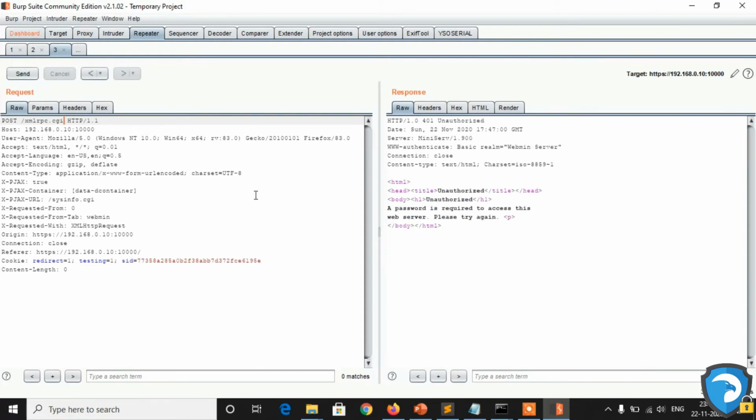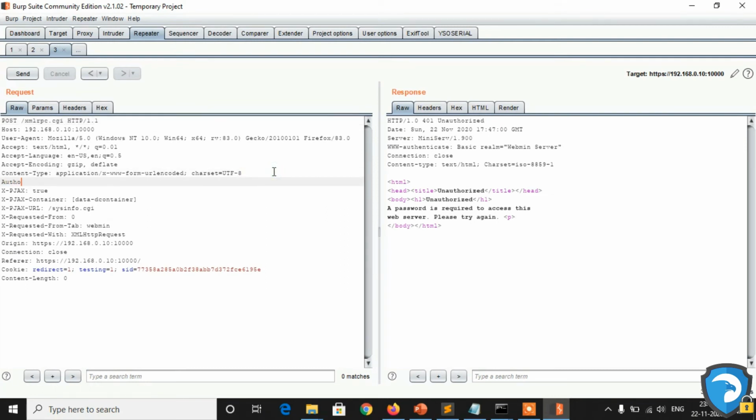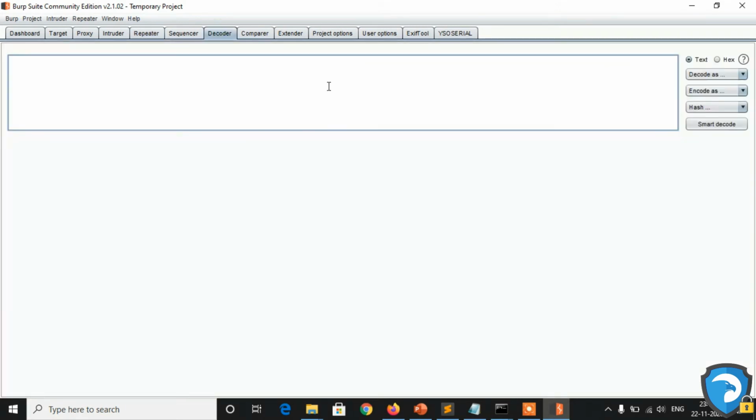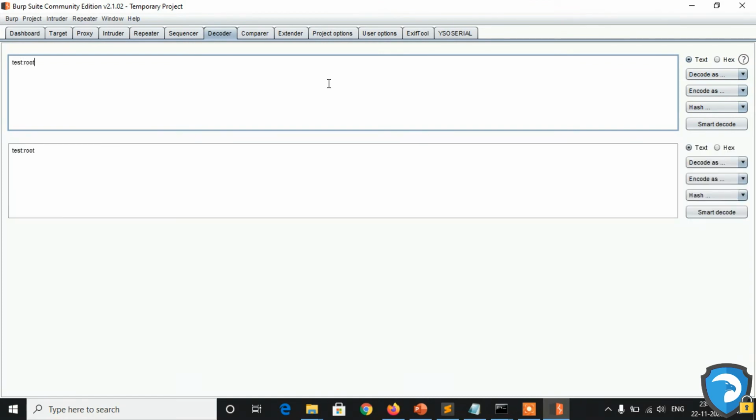So we got a 401 unauthorized response. Now let's add the authorization header. Authorization colon Basic, and give the username and password in base64 encoding. Here I am giving my username and password, converted to base64: username colon password, base64 encoded.